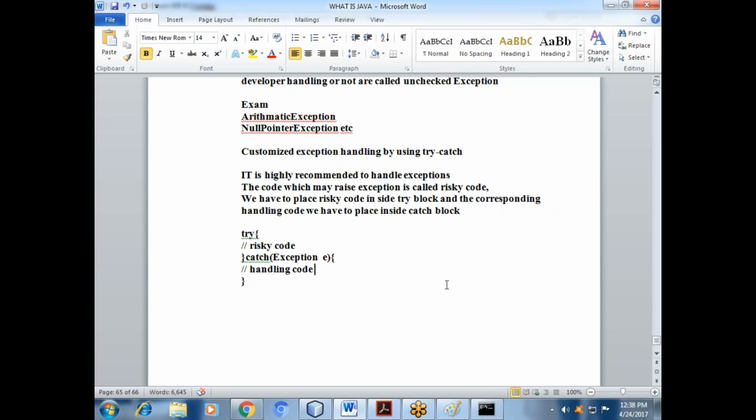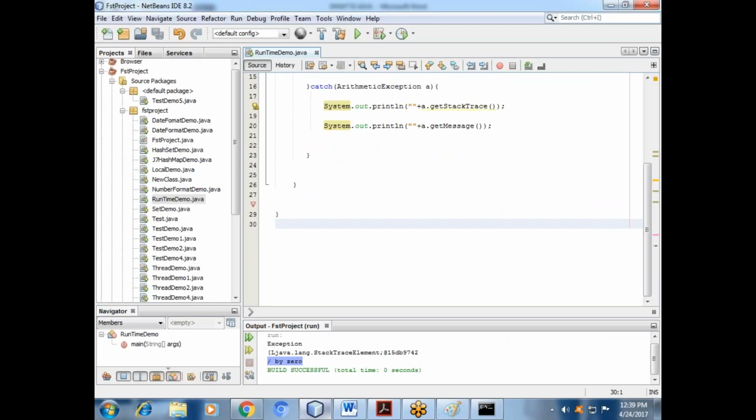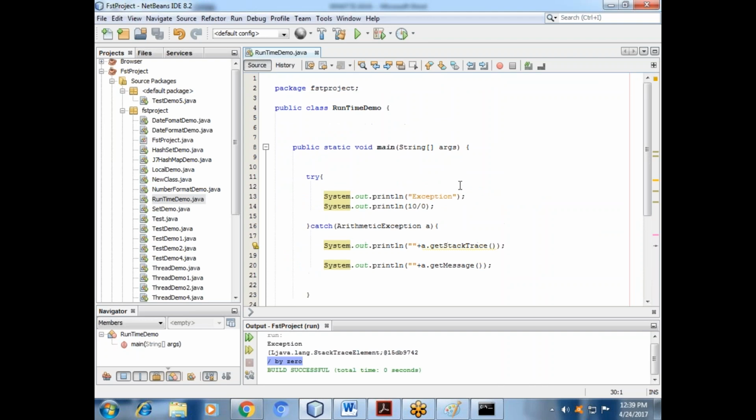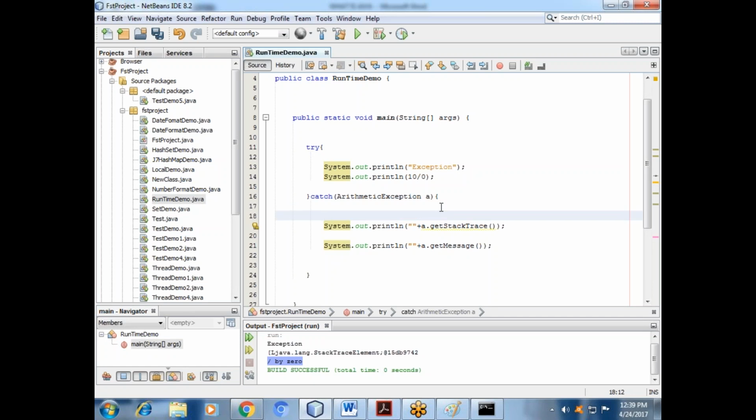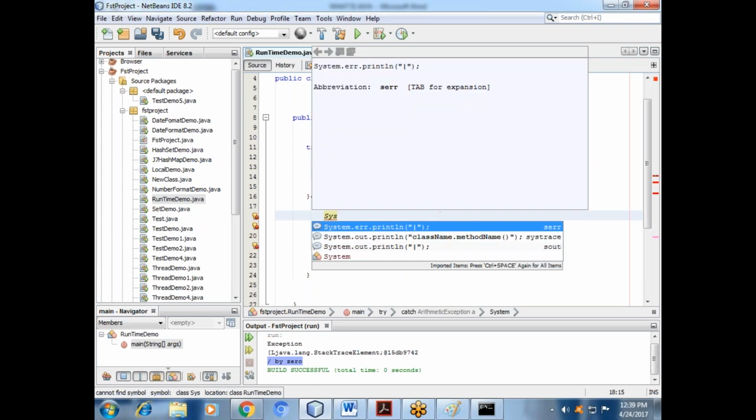So did you understand what throws and try catch are? Yes. This is the way to do it. If you do it like this, you will not face anything else. More scenarios you will also get in the same thing. Suppose you get an arithmetic exception. Okay. Suppose you get it here also. Again you will get it.